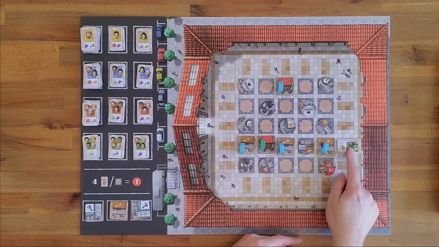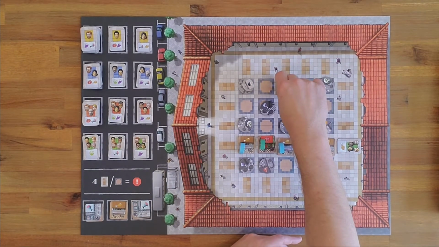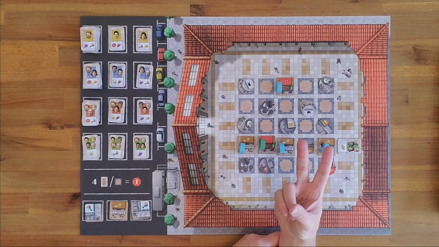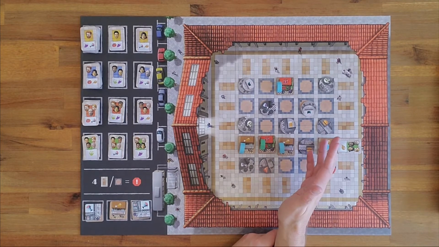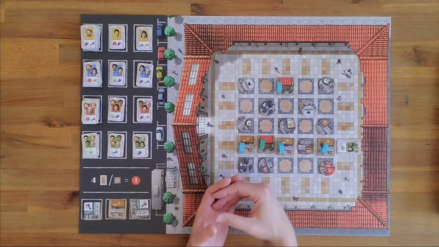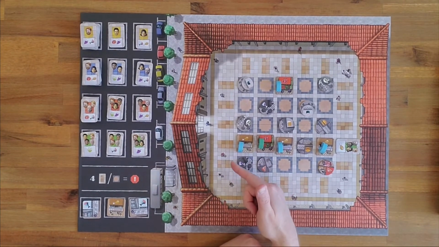So this would be a big move. That's a 28 point gain, whereas this other one that would have been a first move would have only scored 2 points. So those are the two moves that you can do on your turn. You can place a stand tile and score it immediately if there are customers already out on the board to score it. Or you can place a customer and then you will score every applicable stand in that row or